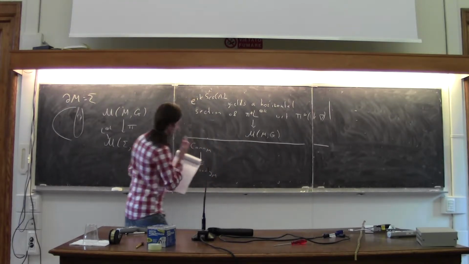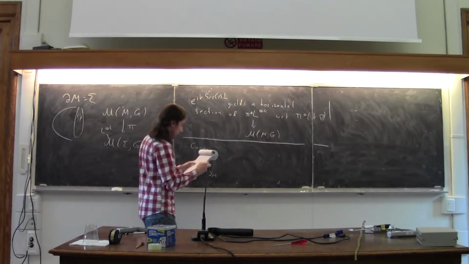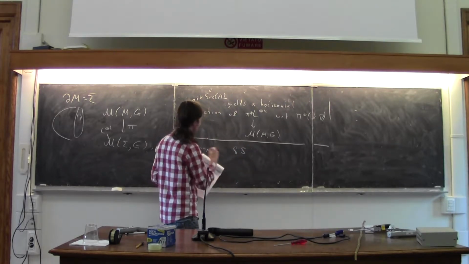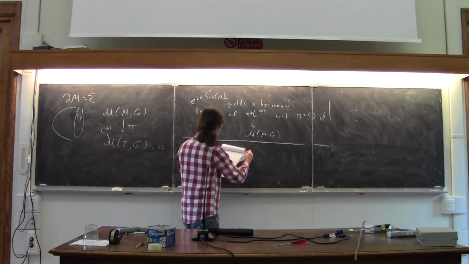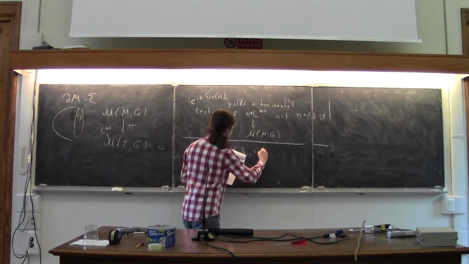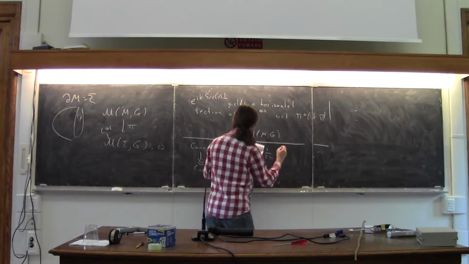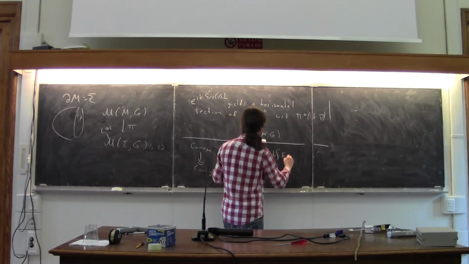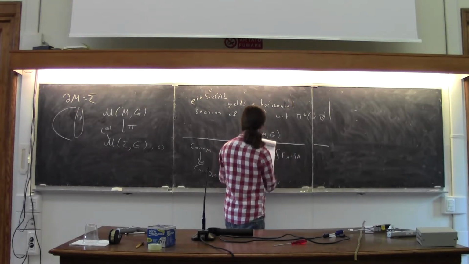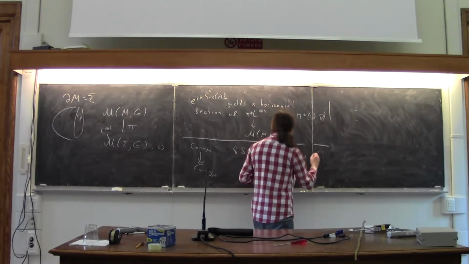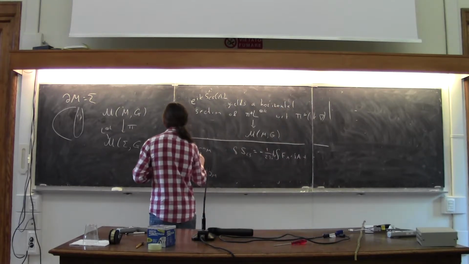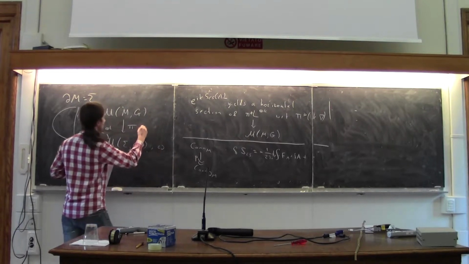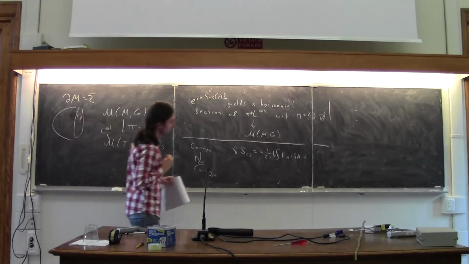Upstairs we had the Chern-Simons functional and its variation, or better said, the derivative, was minus 1 over pi, the integral of the trace of the curvature times delta A, plus, let me call this P,